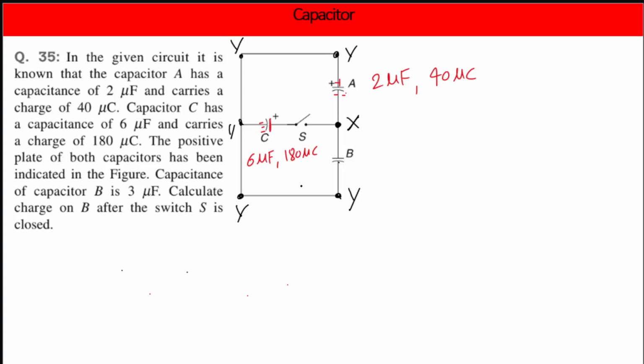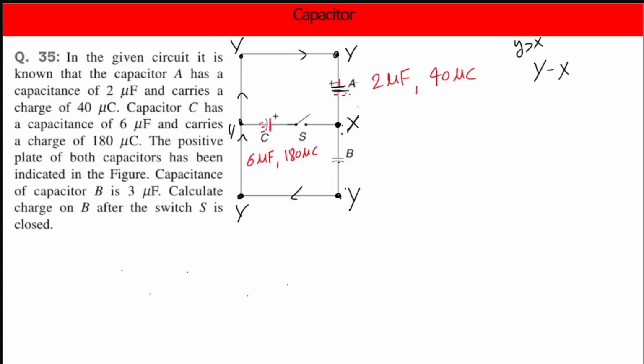Right? Because when we are moving from here to here to here to here, along this route, there is no capacitor, inductor, resistor, battery on the way. Nothing. So potential is not going to drop. It will remain the same. अब आप ध्यान से देखो, A के क्रॉस पोटेंशियल डिफरेंस क्या है? Y minus X. Done है? So Y has to be greater than X here. Why? Because this plate has a positive charge, this one has a negative charge. So definitely Y is greater than X.